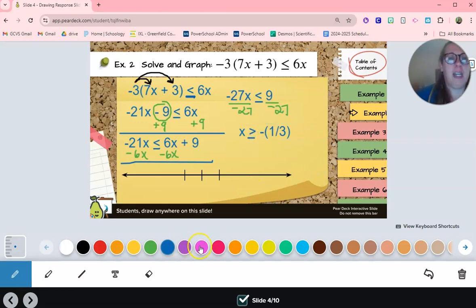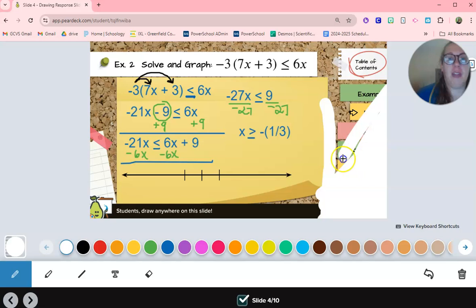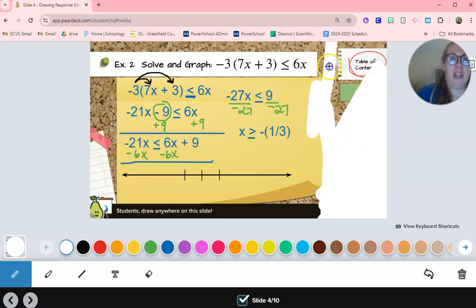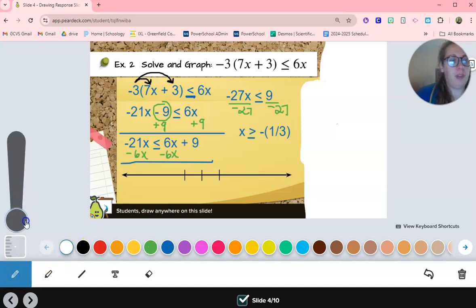If you're not sure how I got that, I will show you over to the right. I'm just going to make a little space on my screen. I'm going to use my white marker to color this part out on the right so that I can show you how I got -1/3. If you want to do that as well, you are welcome to, but you don't have to. You could do it on paper, whatever feels best to you. Great. So we had 9 divided by